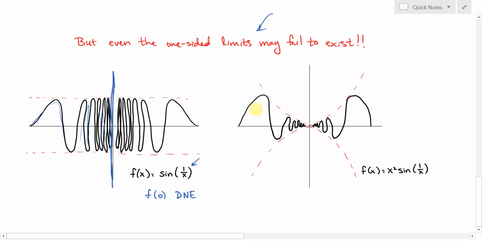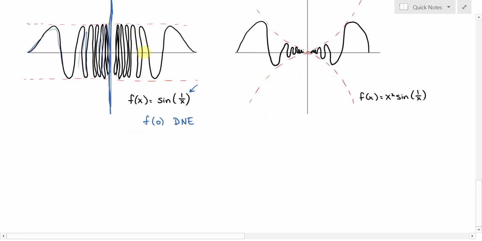Well, now that's where things start to get a little bit awkward and complicated. As you pick values closer and closer to 0, coming in from either the right or the left, it doesn't matter, it just oscillates infinitely. So depending on which values you pick, you can always arrange